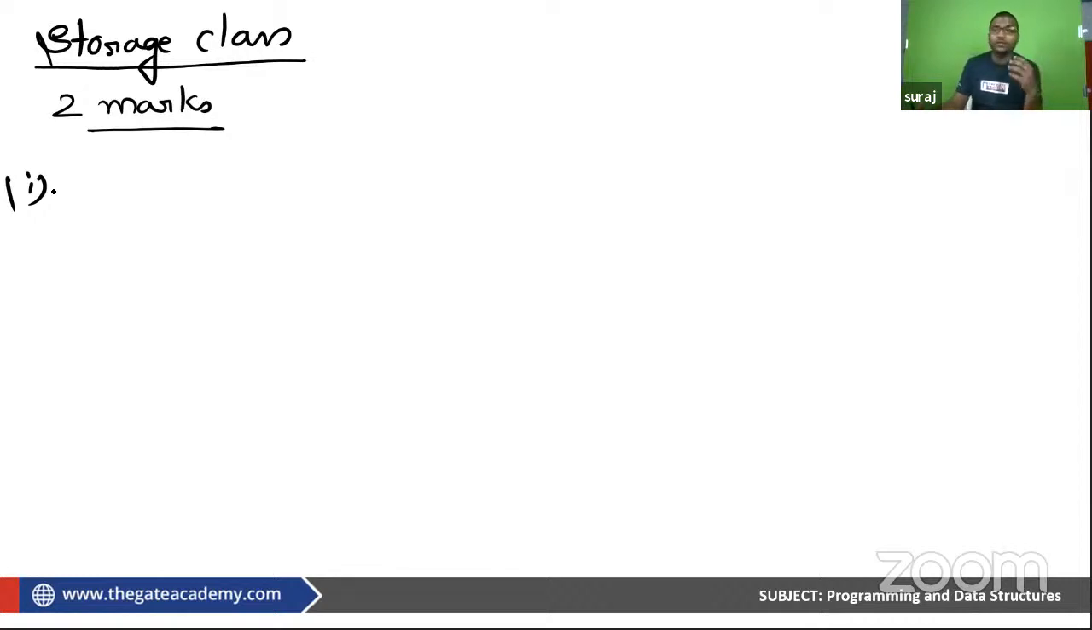Storage classes are used to describe the features of a variable or function. Like if you are writing int x, what is the default value of x? Where is it going to get stored? What will be the scope, the life? Everything is going to be explained by storage class. So you write it, and I will even give you the notes. Storage classes are used to